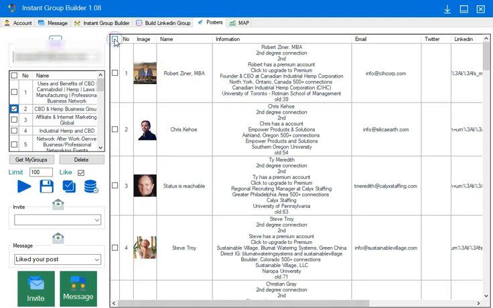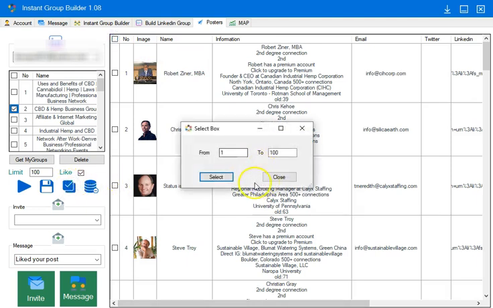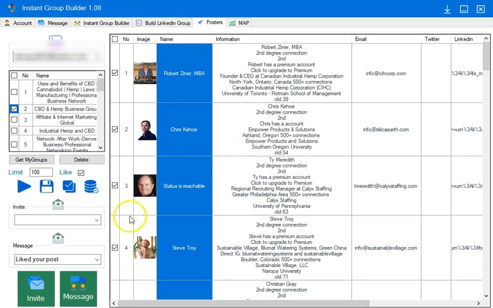Okay, and here you can just click here and select them, and then either invite them to connect or message them. By inviting them to connect, you can build up a number of these highly active people of a certain market niche. By messaging them directly,